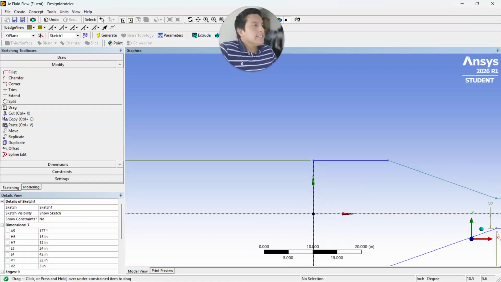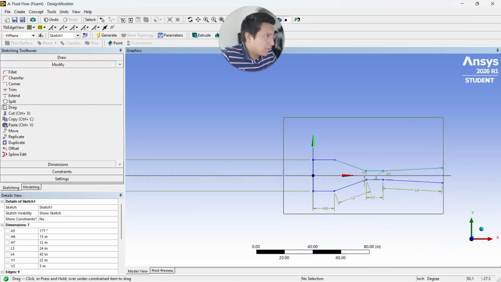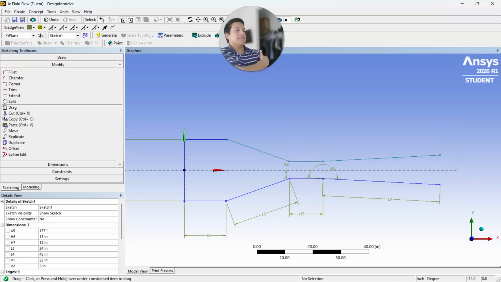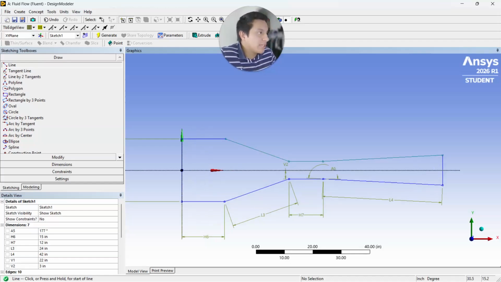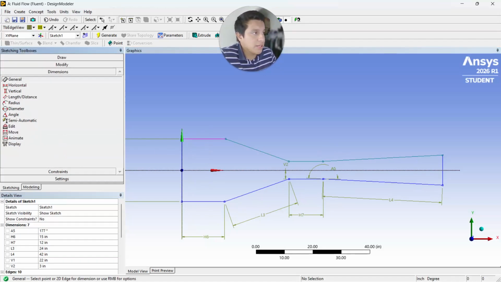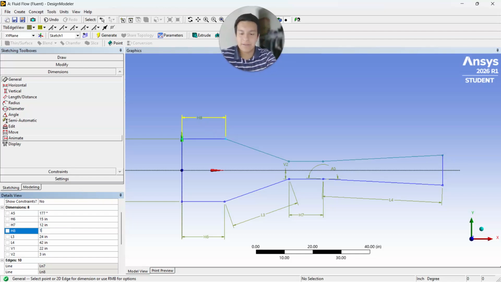Okay, we're gonna put these two together. There we go. All right, so now that's connected, and then what we're gonna do is close this design of the wind tunnel by just adding another line here, and now it's closed. Okay, as you can see here, the light blue is because it doesn't have the dimensions yet, so we're just gonna do it again because it didn't copy correctly, because that function is not doing it. It's usually like that. So we're gonna go to H8, and that's gonna be a length of 15,